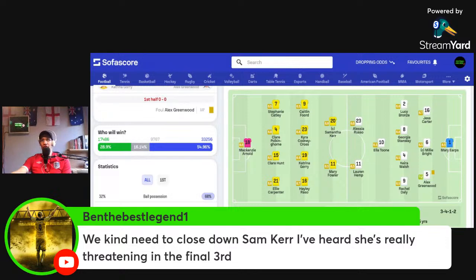Australia now winning the ball on the halfway line as they chip it forward, but it's England that now win the ball back deep inside their own half. Now a long ball out to that far side as it's headed on. England looking to try and get in behind here as they come on down that far side, working the ball into the box. Can they get the cross in here? But Australia quickly shifting players across to defend the ball, and England eventually end up playing it back up the field. But no, poor ball forward there, and it's gone out of play, and that will be a goal kick